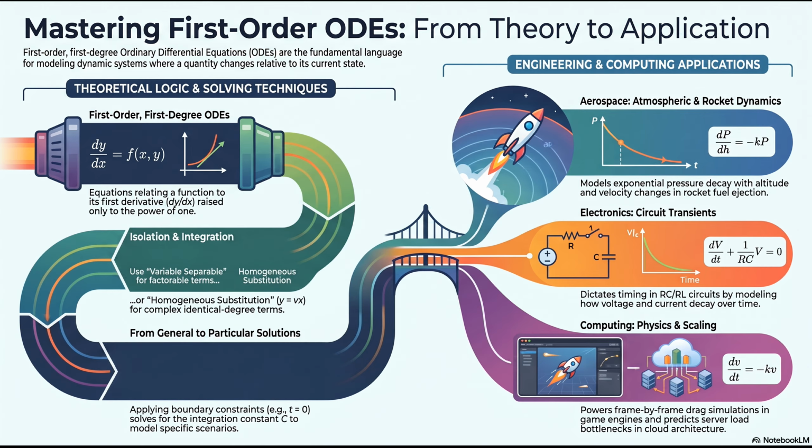Exactly. The governing first-order ODE here states that the change in voltage over time plus 1 over the resistance times capacitance multiplied by the voltage equals 0. I'm going to push back here because this sounds almost too perfectly aligned. I know it does. Are you telling me that the math that keeps an airplane cabin pressurized at 30,000 feet is the exact same structural math that dictates how a microscopic timing circuit works in my digital watch? It is the exact same structural language. Both systems mathematically yield an exponential decay curve.